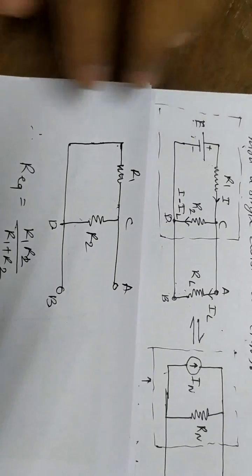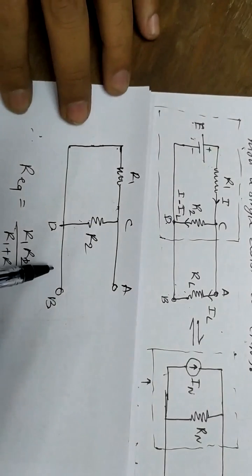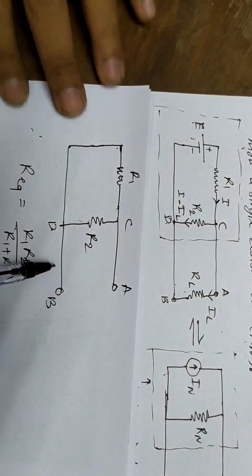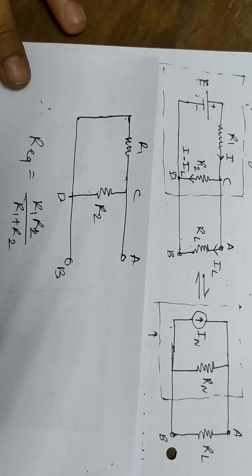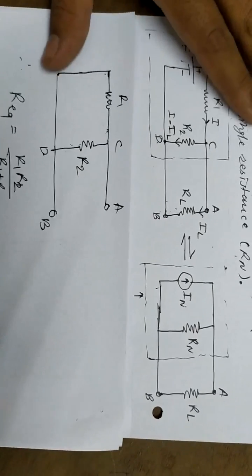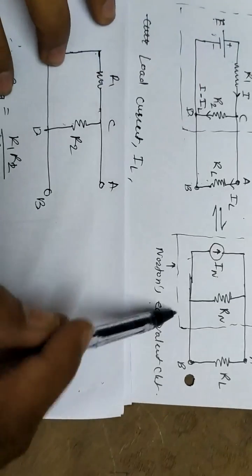Now in this circuit, replace them in Norton's equivalent circuit. We have the Norton's equivalent circuit. Now here